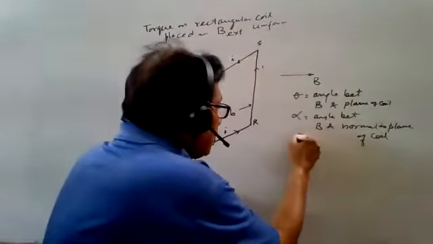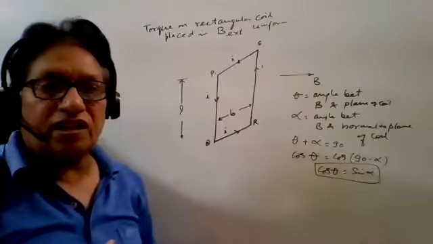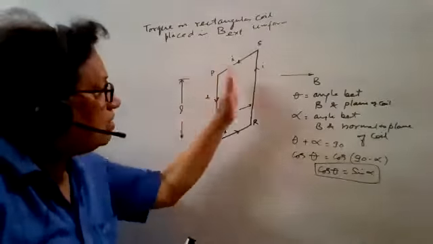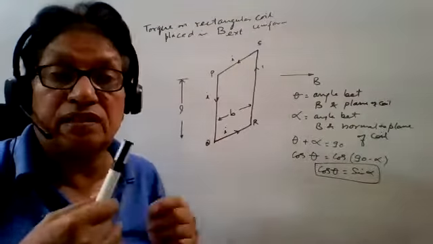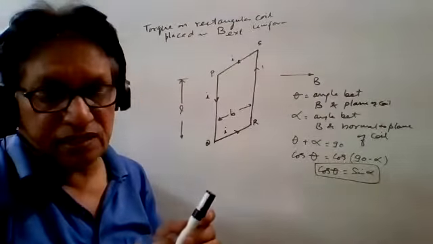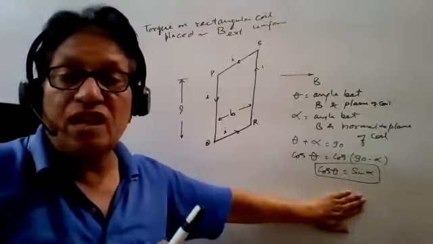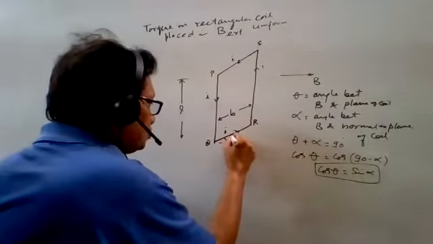It means here theta is equal to 90 minus alpha. So cos theta is simply equal to sin alpha. You got this relation? What is the angle theta? Theta is the angle between the plane of the paper and the magnetic field, and alpha is the angle between the normal and the magnetic field. So simply theta plus alpha is 90, and finally cos theta can be replaced with sin alpha. Now this is the angle here, theta.